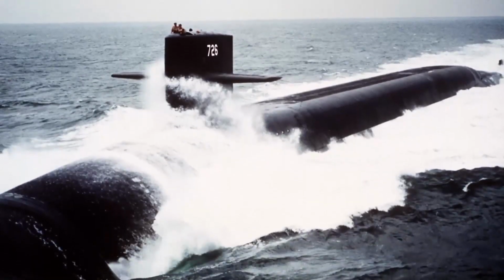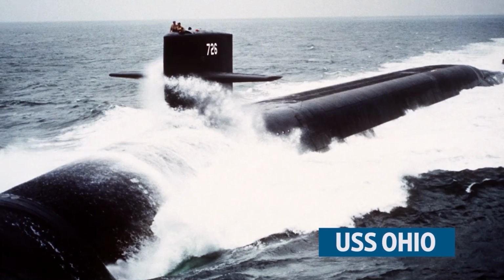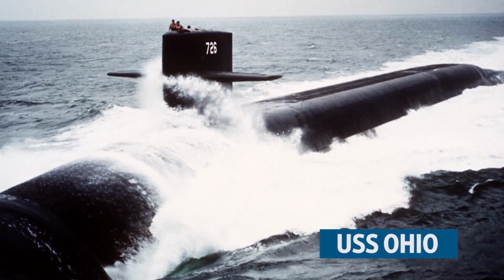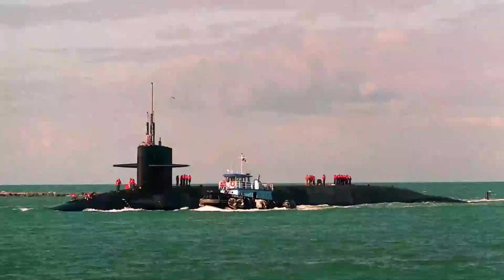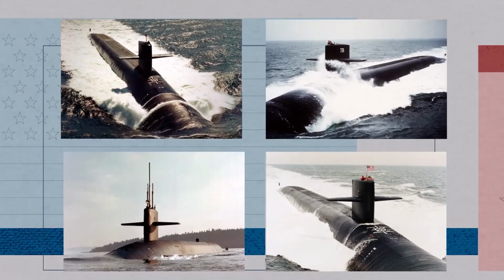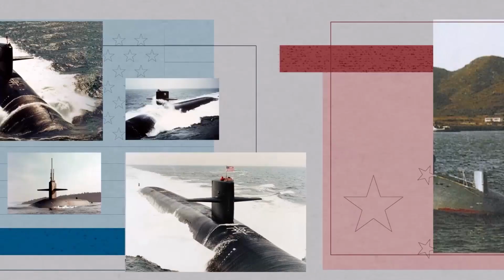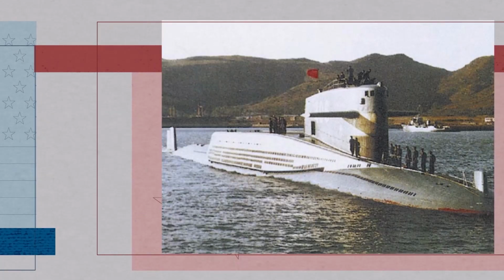So in the 1980s, the first Ohio-class nuclear-powered ballistic missile submarine entered service. The Ohio-class, still active today, was the Navy's 6th generation of SSBNs. 18 submarines in this class were built over the next 16 years, though 4 were later converted into cruise missile submarines. As these Ohio-class SSBNs were procured, China was building its first ballistic missile submarine, the Type 092, which became